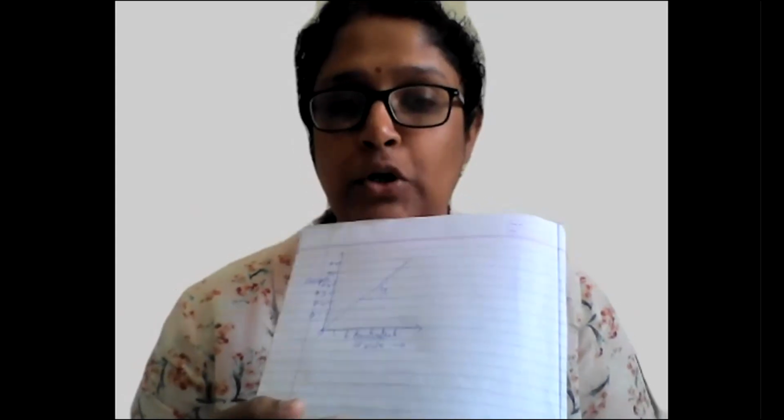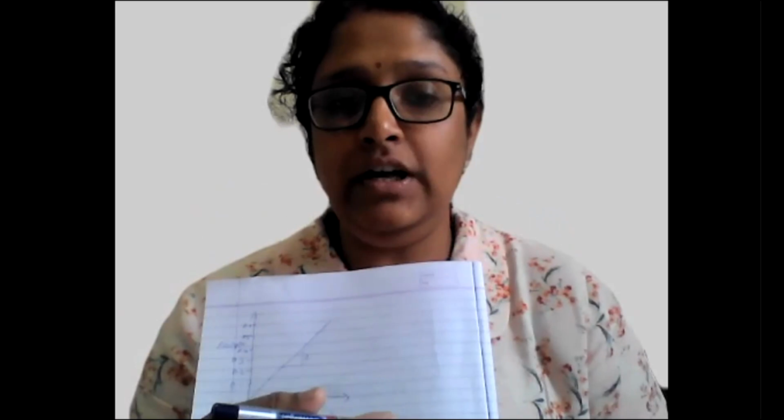Once you have that, your blank will have a 0 value, and then the absorption value will increase with concentration. So your y is equal to mx plus c, where the c becomes 0. So you have y is equal to mx. Here your x is your solute concentration and y is your absorption value. To get the slope, from this point to this point, you are taking the 2 y values and the 2 x values.